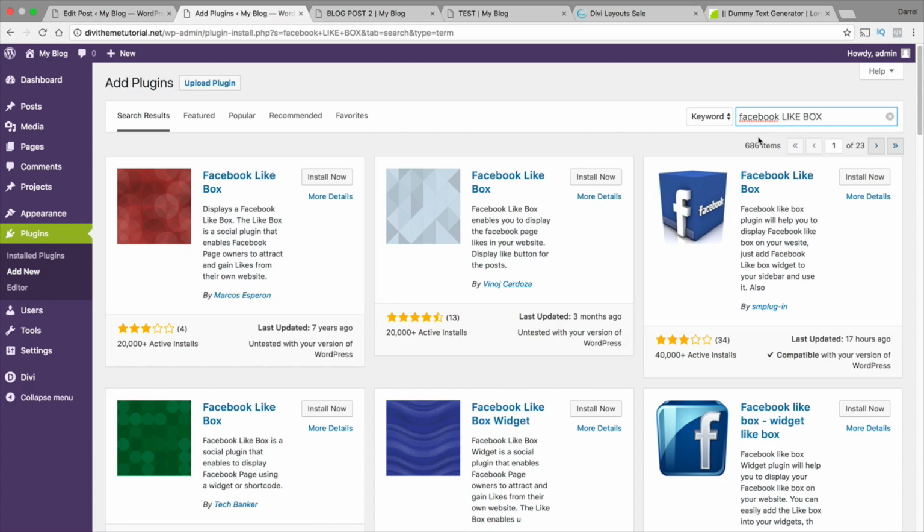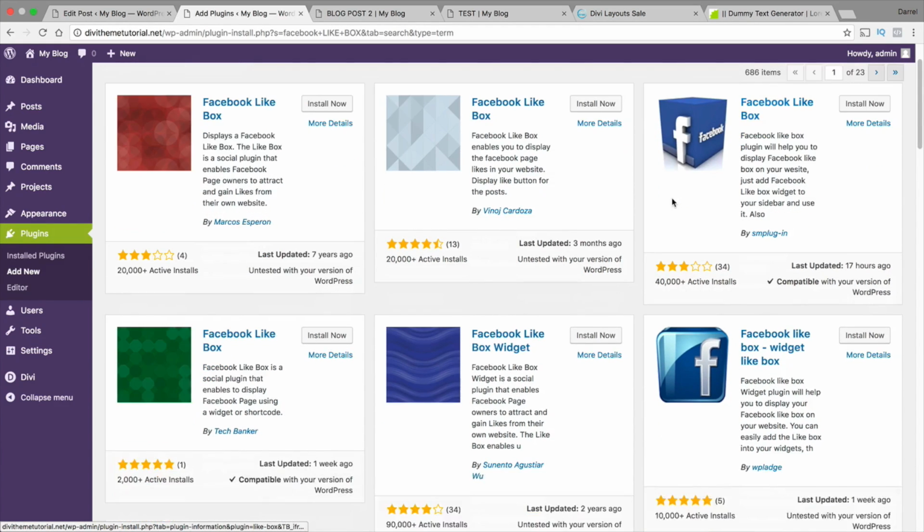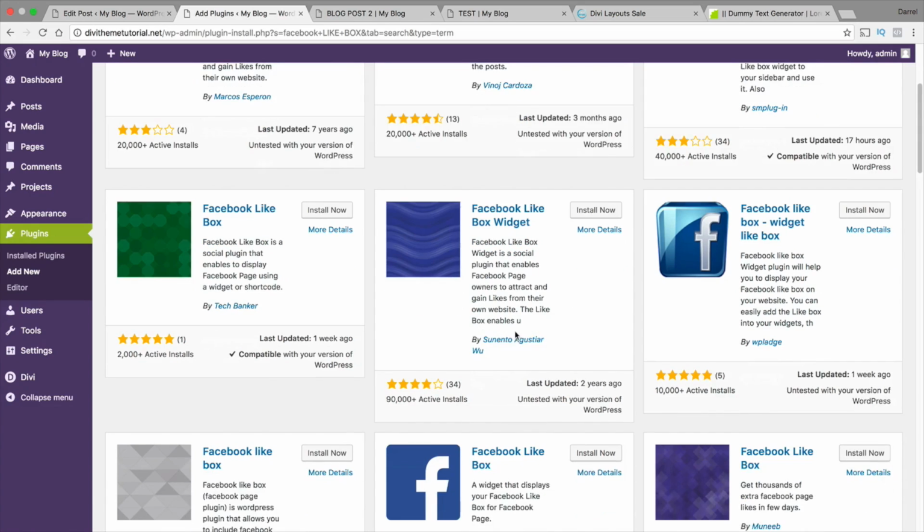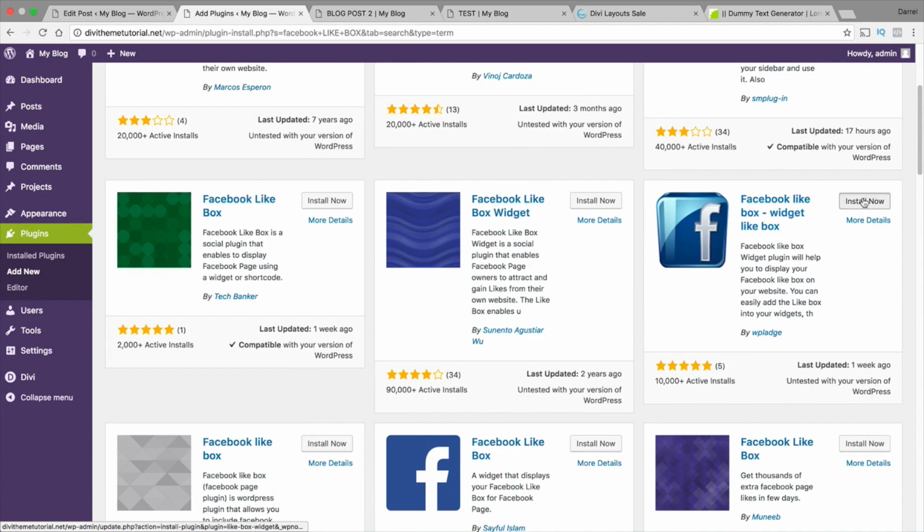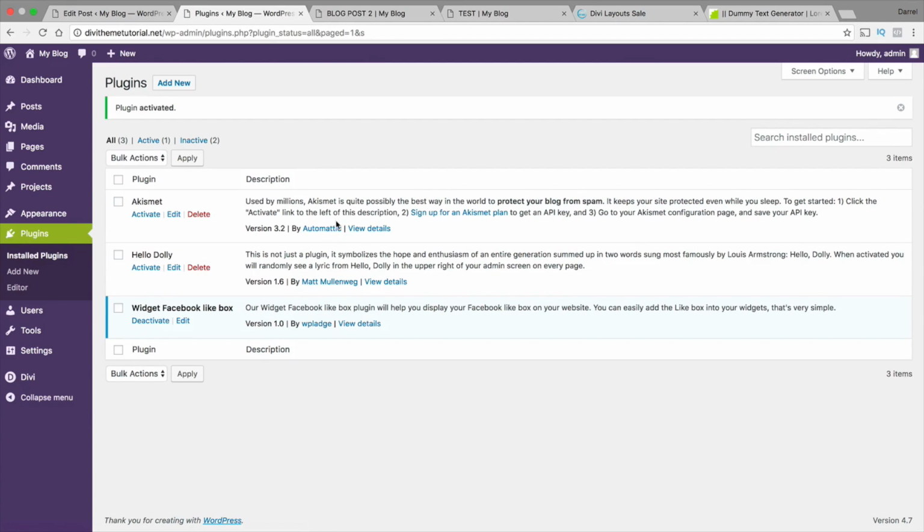All right, and they have tons of them, and there are a lot of people out there who make these plugins right here. But this one I actually find works the best. So this one right here, I'm just going to do this for tutorial purposes, just to show you what a plugin is and how to use it. So I'm going to click on activate. All right, so these are our current plugins, and right here you can see the widget Facebook like box is